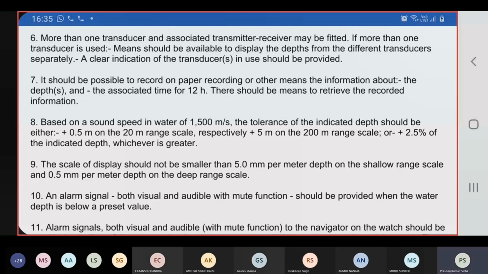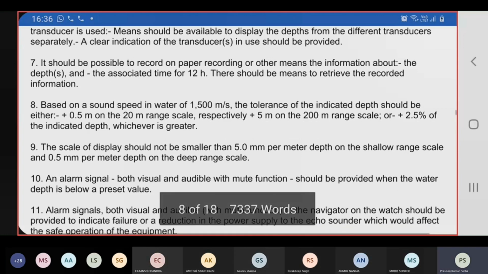Point number 8 talks about the possibility of error plus minus 0.5 meter on lower range scale. मतलब आधा मीटर का allowance is there. When we go to higher ranges, then plus minus 5 meter भी हो तो भी चलेगा. So more accuracy is required in the shallow water areas, and for that what we do,